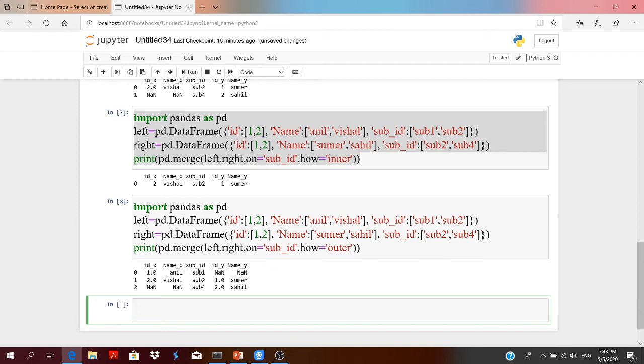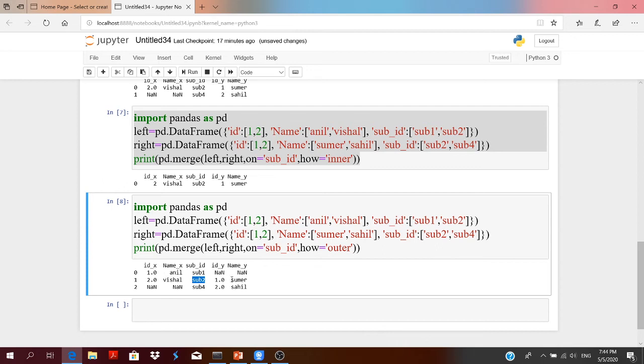Here, according to the subject ID sub 1, there is only a row present in the left data frame, but no row is present in the right data frame. That is why it is returning null values. Sub 2 is present in both the left and right data frames.